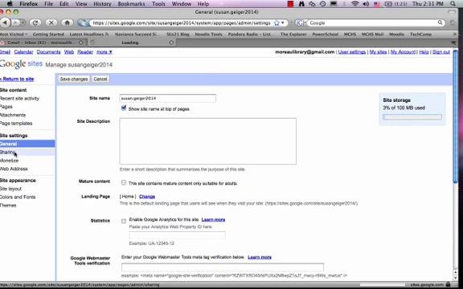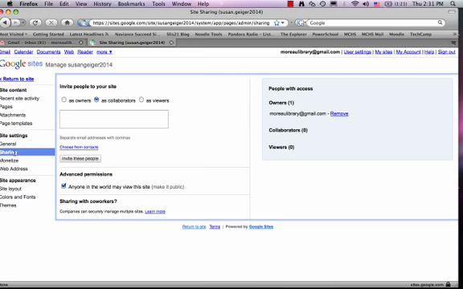And then under Sharing, this is really important. This is what you want to do. You want to unclick anyone in the world may view this site, because you want your site to be private. And then you can use your URL to share it with other people. Okay, this is your site, you don't want anybody else being able to be in it